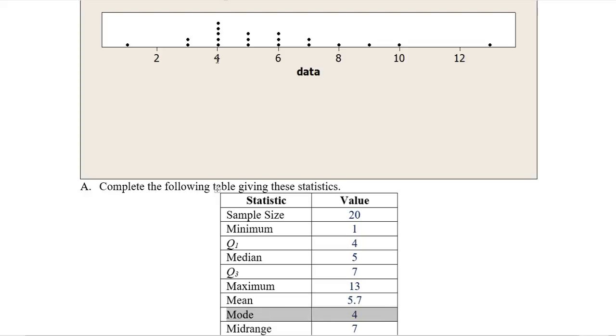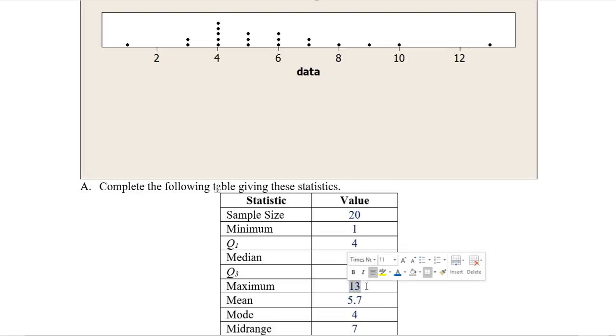Notice the mode is not how many dots we have for it, but the x value or data value there, the 4. The mid-range, let's compute that next. So we go from the minimum to the maximum and go halfway in between those so that you're the same distance from the minimum and maximum. And so what we do is we take the minimum of 4 and the maximum of 13. We add those up, which is 17, divide by 2, and you get,